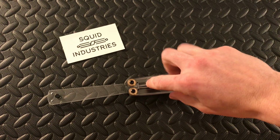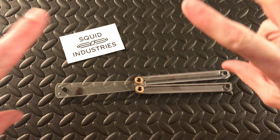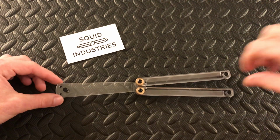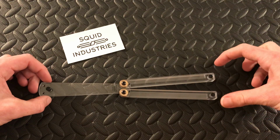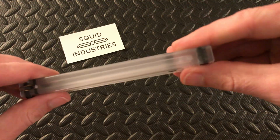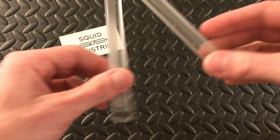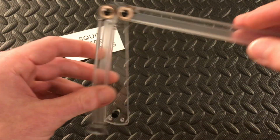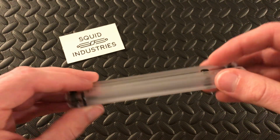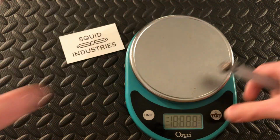really excited about this. The overall length is going to be 10 inches. The blade length is going to be 4.5. Handle length is going to be 5.5. And your handle thickness here, it's actually pretty thick. It's going to be just under 1/2 inch. It's going to be 0.48 inches actually, technically. Now the weight on this, it says it's going to be 2.24, but I always like